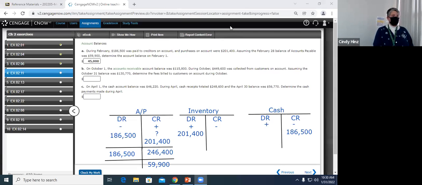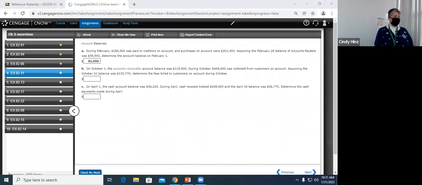I'm going to clear my pictures. If everybody's okay, we'll move on to the next one. Everybody good? All right, let's look at letter B then. On October 1st,